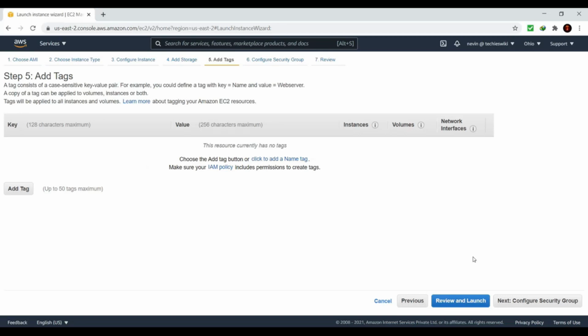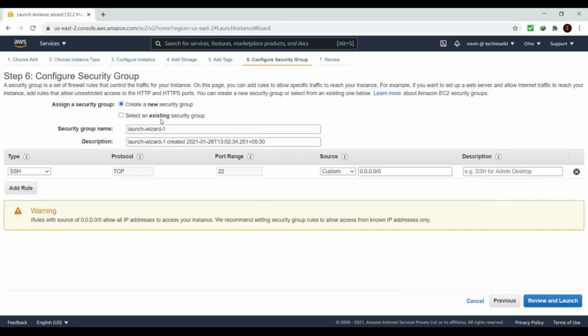So once that is done, one of the most important things is the security group. By default, all the traffic to that EC2 instance will be denied. So to allow access to the EC2 instance, you need to create a security group, which is kind of a firewall. You can use the default security group, or you can create a new one. For this example, I am going to create a new one and name it like my first VM.